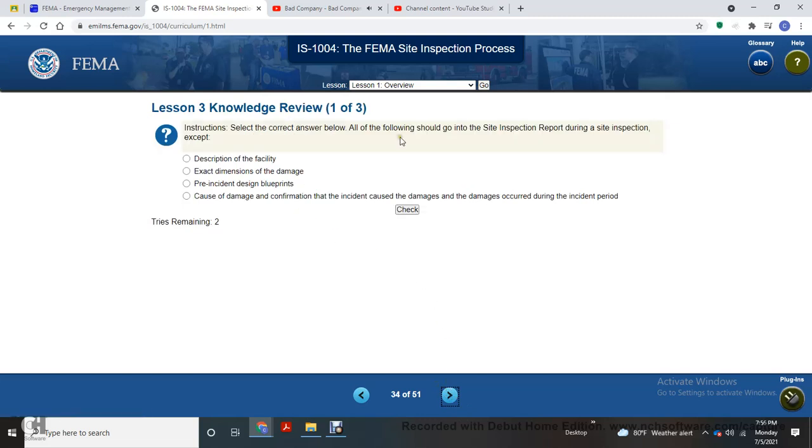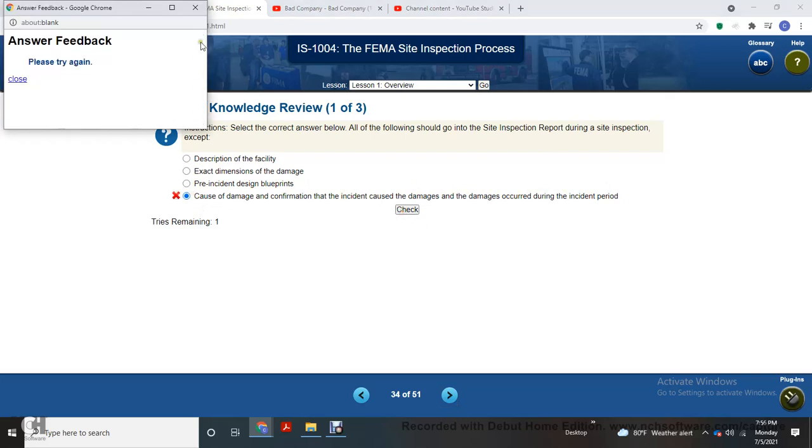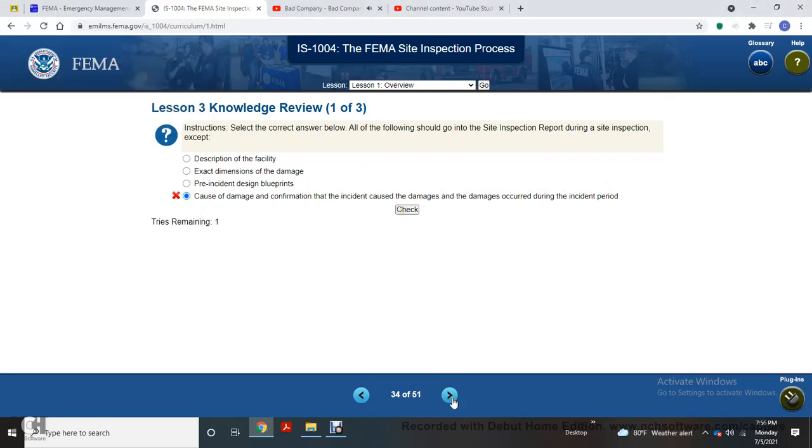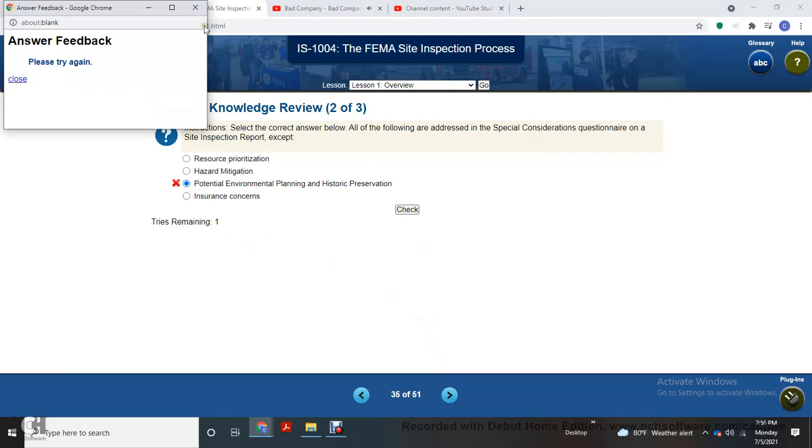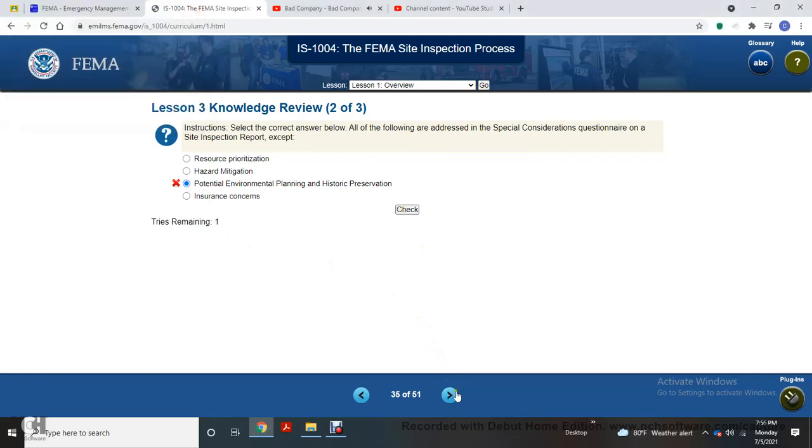Alright, select the answer: which of the following should be in the site inspection? The description of the site, exact dimensions of the damage for each incident, cause of the damage, confirmation of incident damage during the incident period. I'm not really caring about these questions, but